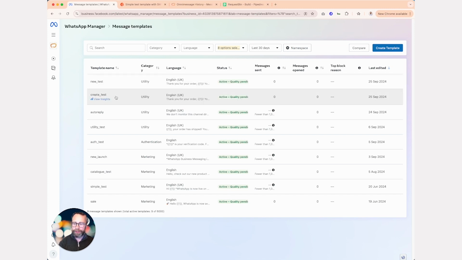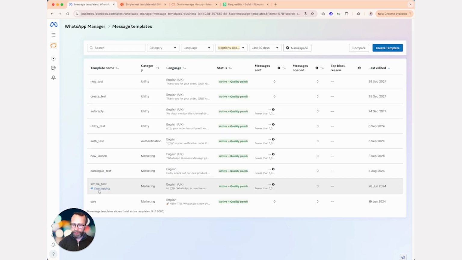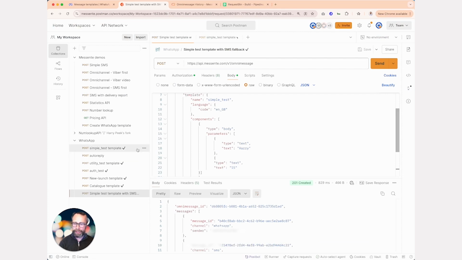If I wanted to then use one of these, all I need to know is the name of it, the language, and any variable parameters I've got to use it within the API. So we've got this template here called Simple Test. If I then go into look at my API query,